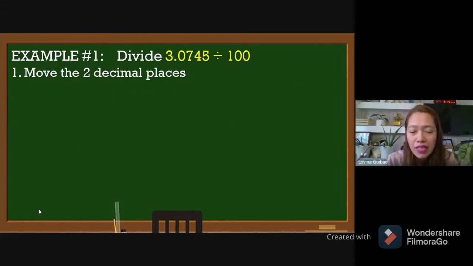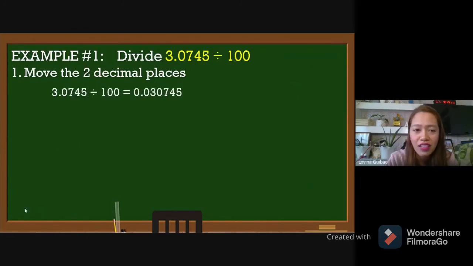So how many places should we move? 2. Bakit? Kasi dalawang 0 ng 100, di ba? So, the answer here, going to the left, you move 2 places, 1, 2. Yung bakante na yan, lagyan mo ng 0 at ilagay mo dun yung decimal point. So, the final answer here is